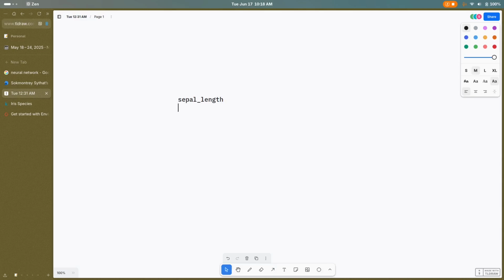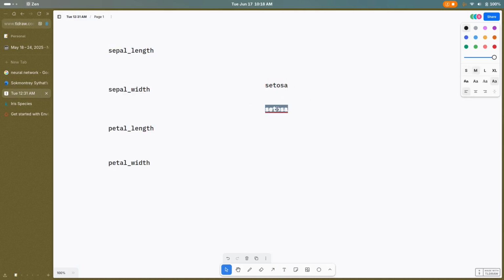Let me know if you have any questions, by the way. For the different inputs, our job is to try to predict 3 different things. So those are